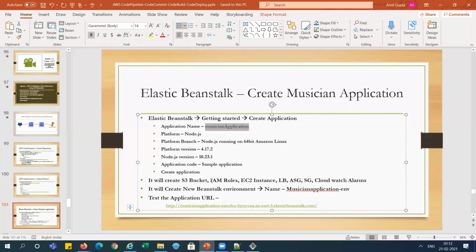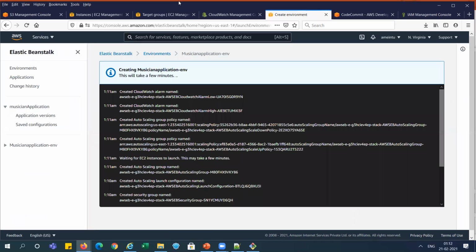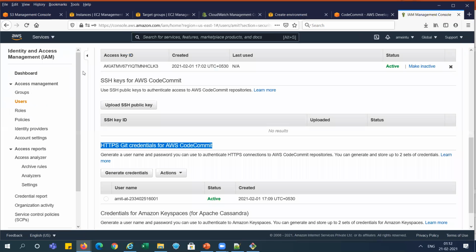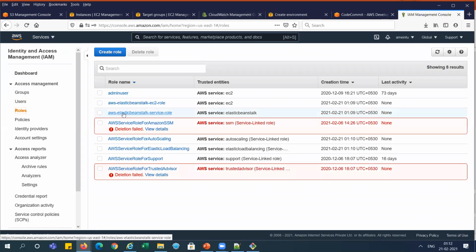It creates some IAM roles also, right? So I will show you those roles here. See, some roles are created. These roles are the AWS Beanstalk EC2 role, service role, auto scaling, elastic load balancing. It is creating, right? And let's see CloudWatch.